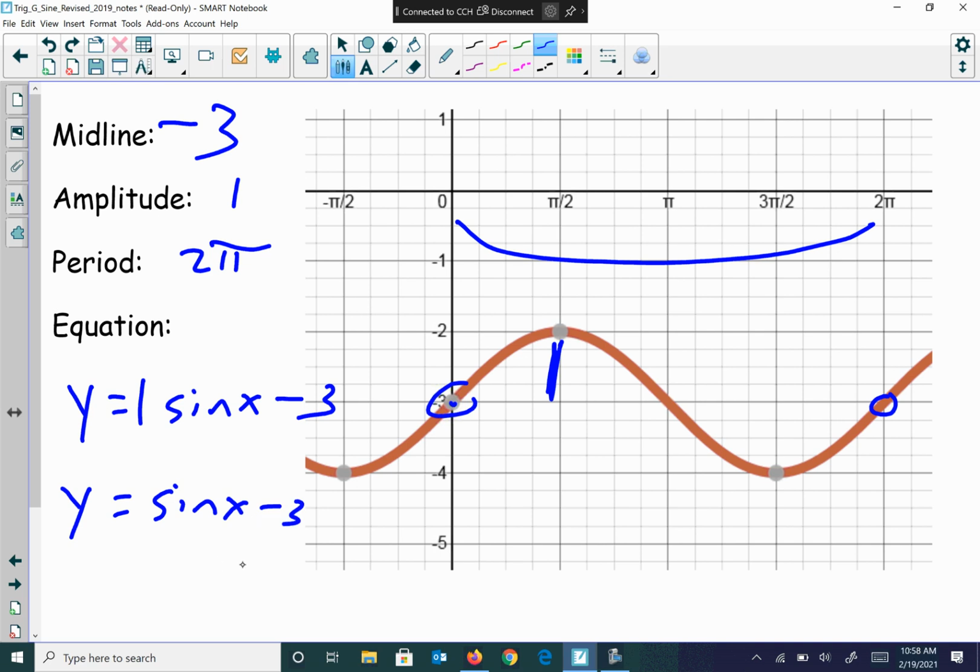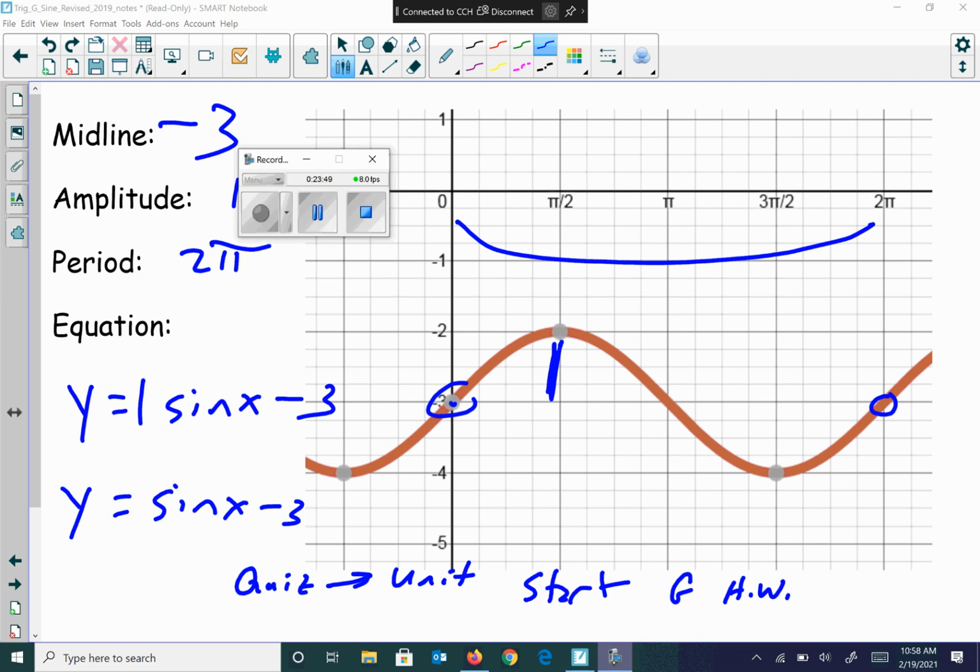So next time, friends, we have a quiz. You can use that unit circle I gave you on the quiz. Make sure you have a picture of it because I know you remember your phones. Got it? If you forget to bring the picture, make sure your friend has a picture on their phone and they'll send it to you. Deal? Okay. And then I want you to start on, what letter did I get? We are on G. Start the G homework. Just start it. You're not going to get done with it. You're okay. We'll go over that a little bit more on Monday. Hopefully we finish it on Monday. But that is all I have for you, my friends. Have a great